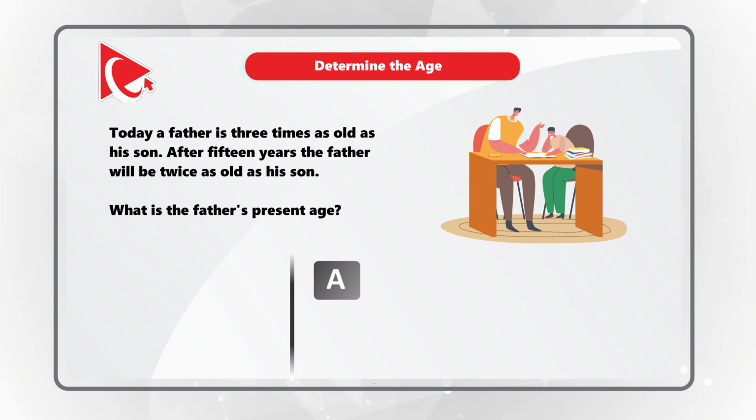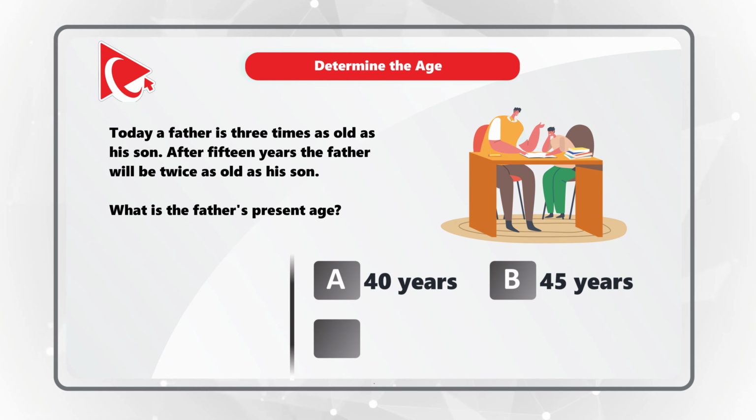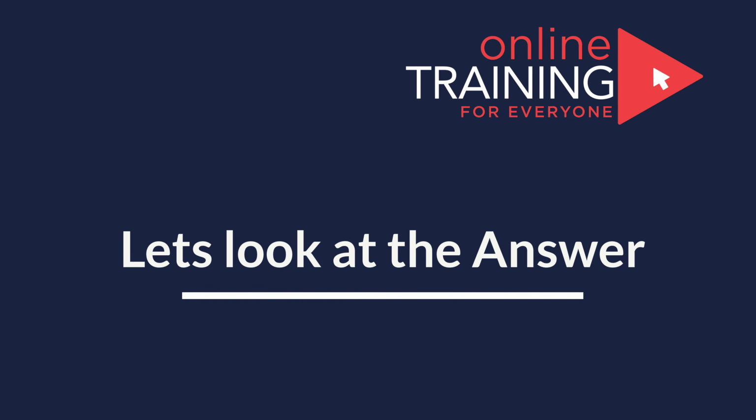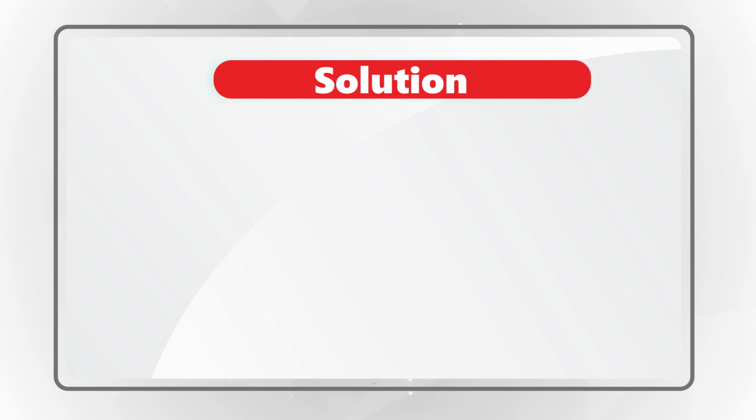Choice A, 40 years. Choice B, 45 years. Choice C, 50 years. And choice D, 55 years. Do you see the answer? Give yourself a little bit of time to see if you can come up with the solution. One of the ways to solve this problem is to take the number from the solution and see if it